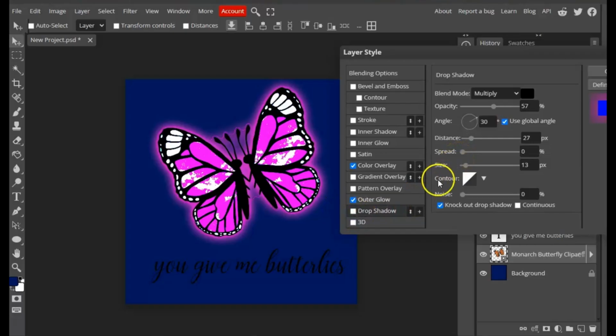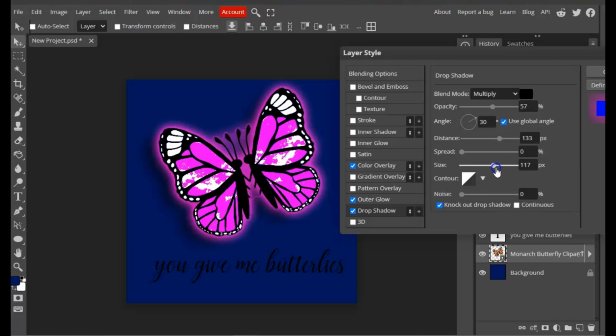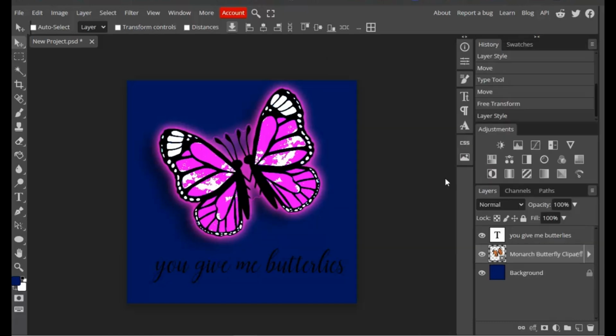Also, if you add a drop shadow to it, it will make it even better. You can increase the size of it so that it adds some depth to the picture. As you can see, from one design, you can have different variations from it. Try variations with the text, without the text, with different text, with different colors, with different effects, with background, without